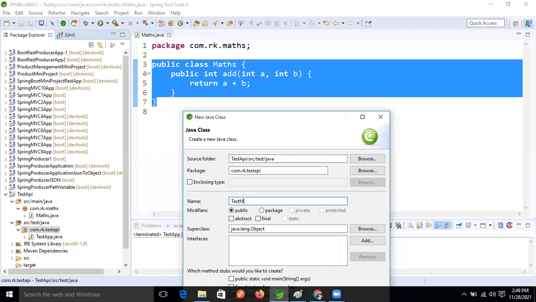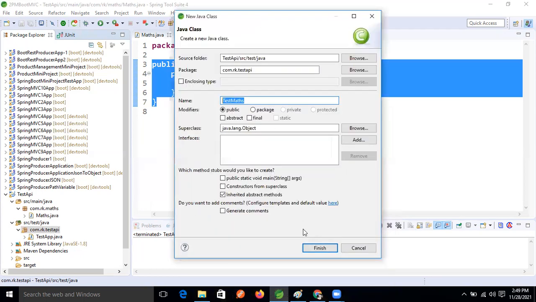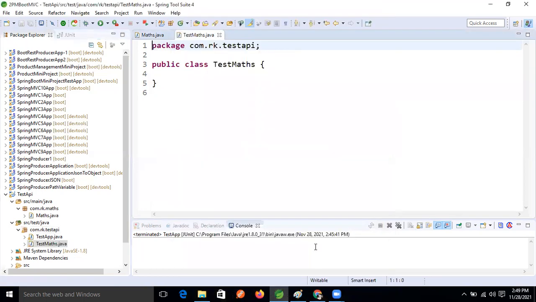Maths. You can take anything, but this is the coding standard you have to follow at the time of writing test cases in real time. So finish it. Our test case class is ready now, guys.